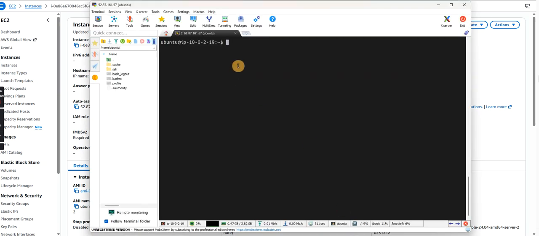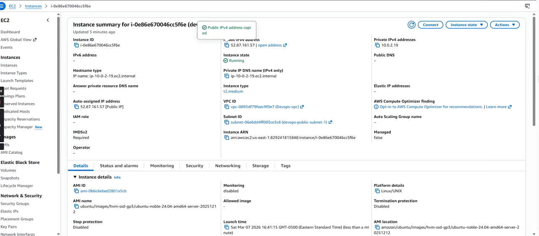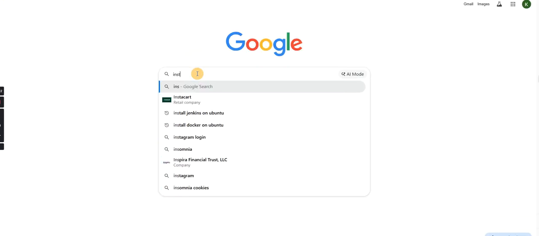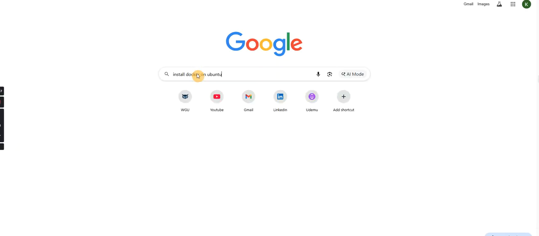And when I bring it out and when I go Docker, I know Docker is not found on there, but we can have this one. Most of the time when I install this, it does not come with the buildx. So I like to go on the Docker page, say, hey, install Docker on Ubuntu,